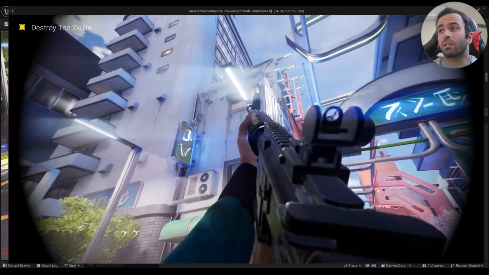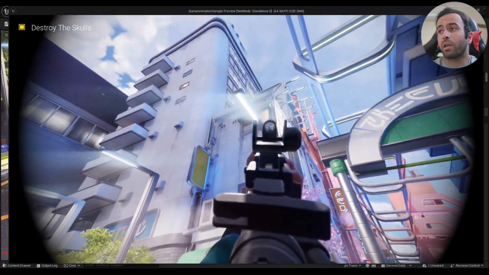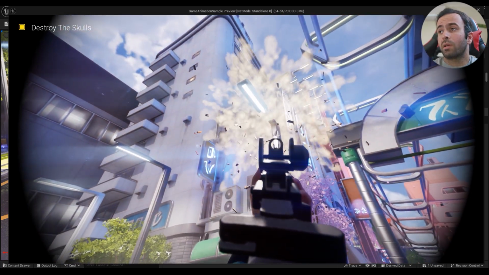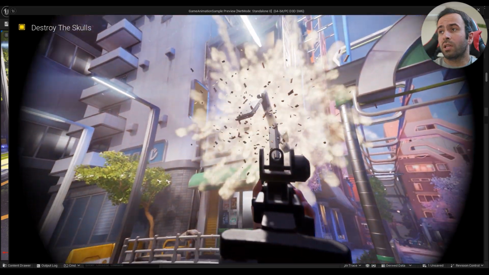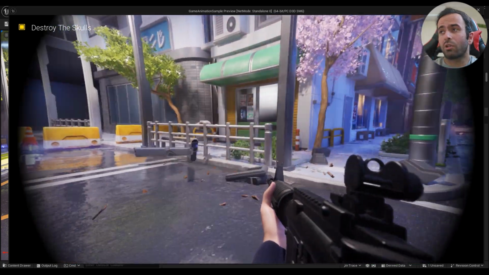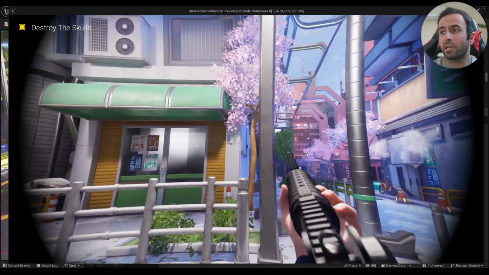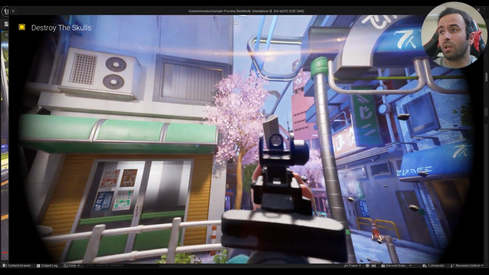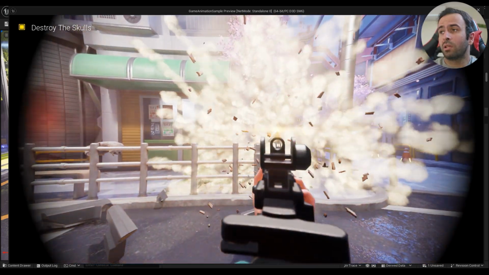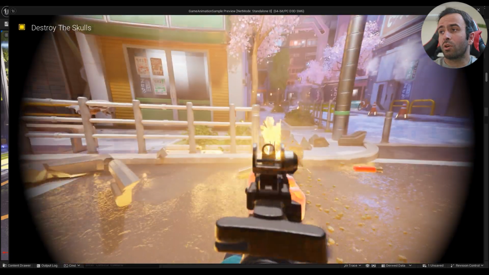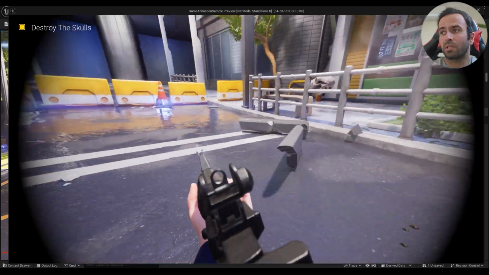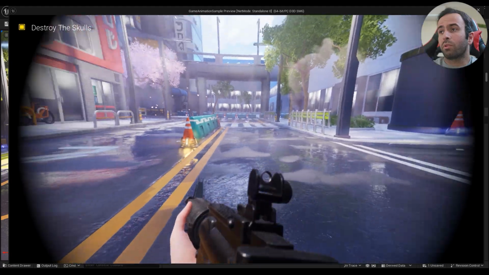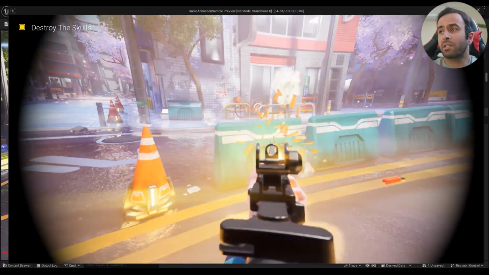So for example, look at the street light over here. If I shoot it like this, it will just crash all the way down, but this part here stays intact. I can just go ahead and shoot this one down, and eventually I can just break all the pieces. Or, for example, these barriers here,